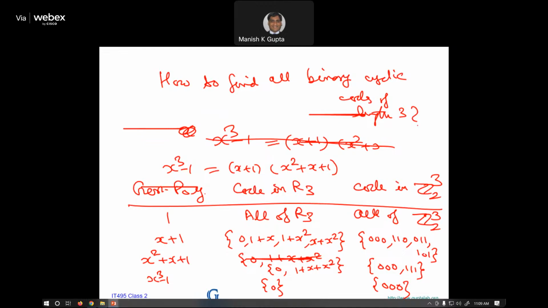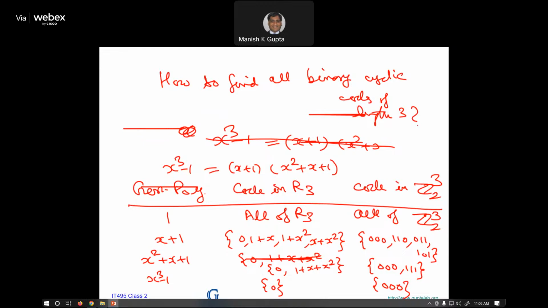A generator matrix is a bunch of vectors in the basis space, basically, which can give you all the code words. All basic linear algebra. Anyway, now suppose I say find all cyclic codes of length 3,